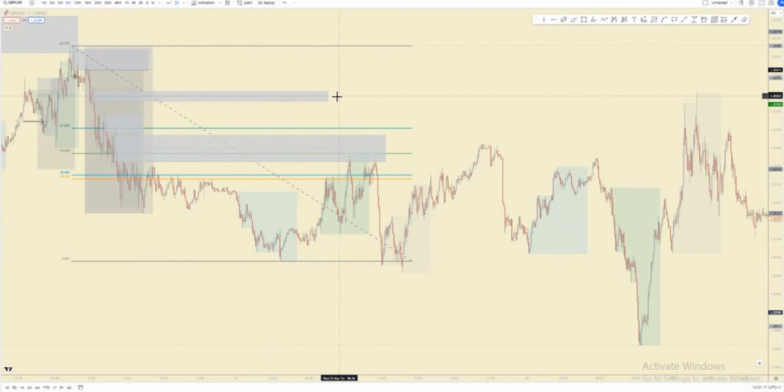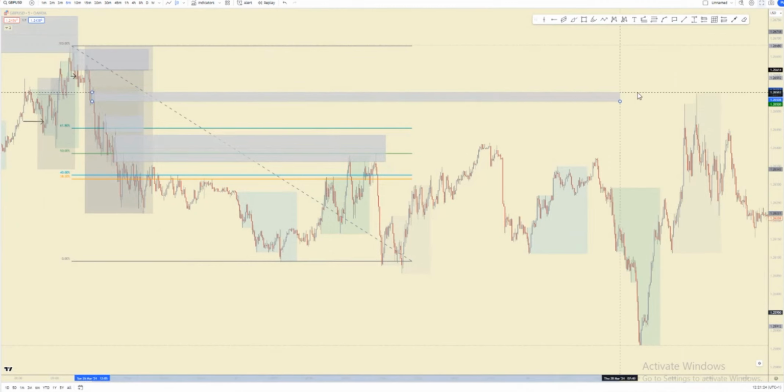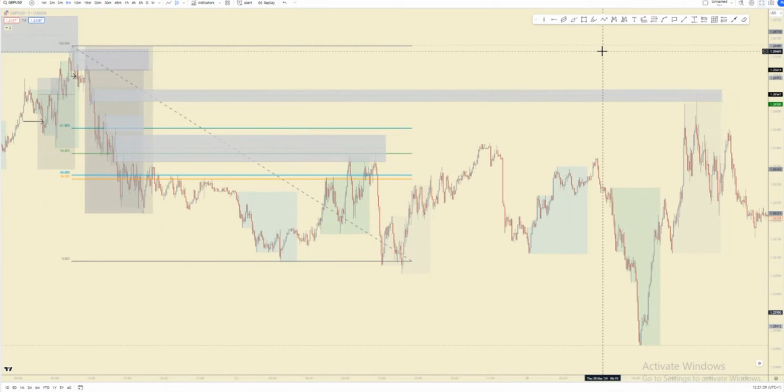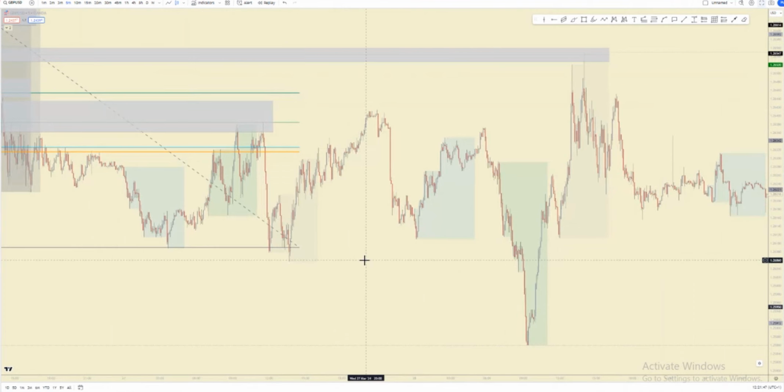Not really knowing where to place my entry or stuff like that. But it's fine here because of all this choppy market movement. So I will just neglect this entire day for trading and wait for the next day. So the next day,